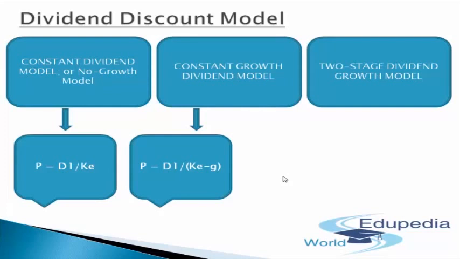Okay. So the first problem which we face in this particular model is defining the length of the explicit extraordinary growth period. Since that's a practical kind of stuff, right? No theory won't be able to exemplify this kind of example, because that is usually the kind of problem and obstacle which the practical world faces. So the first practical problem in this model is defining the explicit extraordinary growth period.